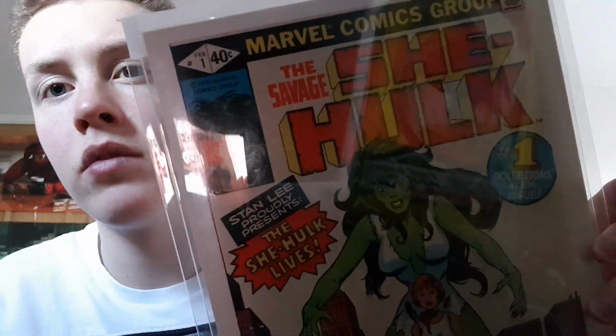Now we've got the next one, which I bought. Had this for probably about three or four months now. She-Hulk #1. I'd say it's a near mint. It's pretty mint. It's really cool. They're not too bad, but I think this is a great investment comic, because I'm sure in the next maybe few years